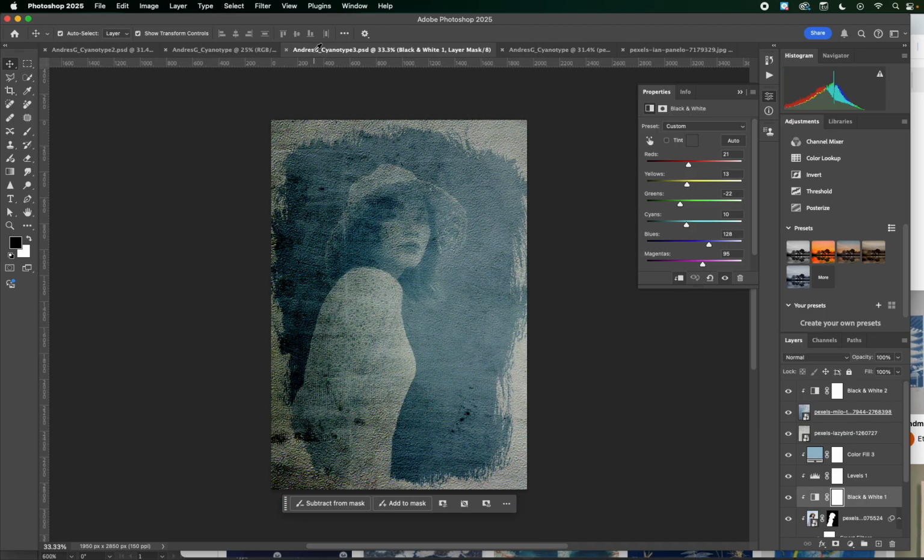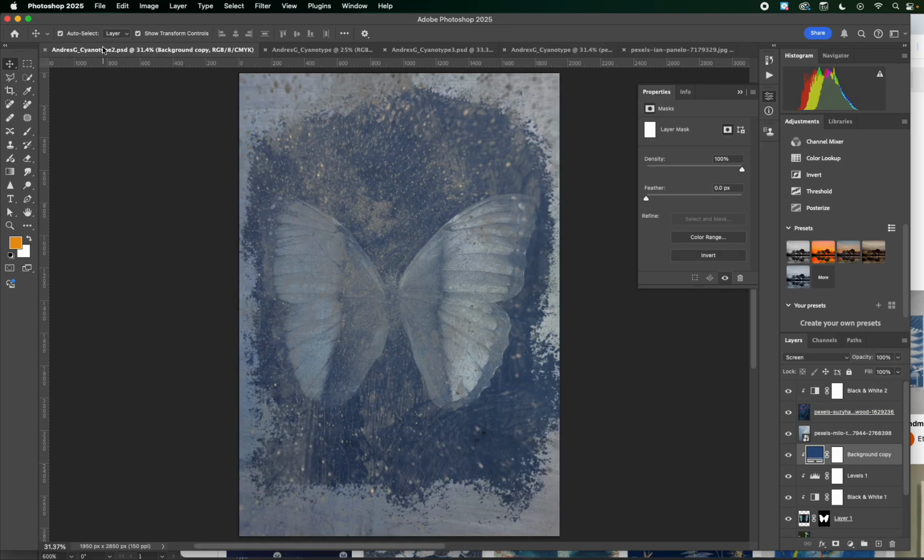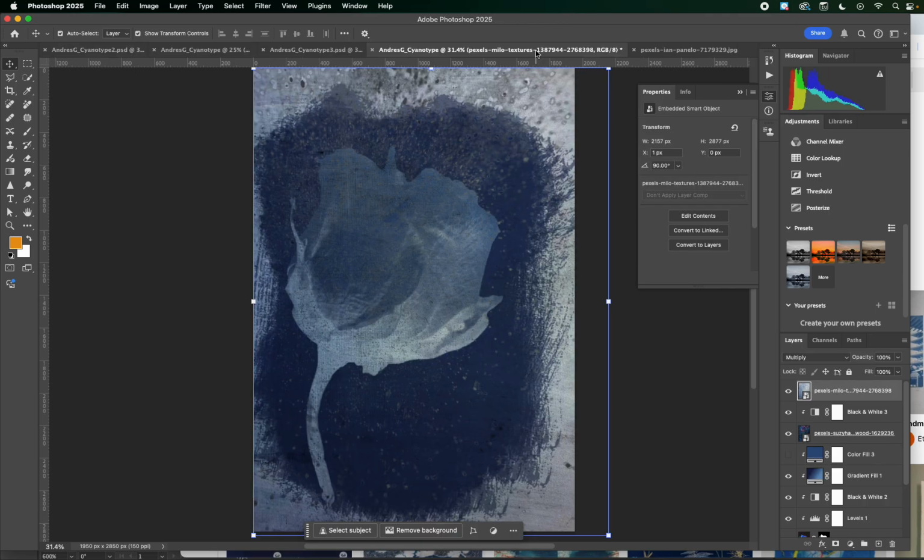Now, you can see I did some with people. I did some here with fruit. This one here with a butterfly. Usually this is done by hand, but obviously in Photoshop, it's not by hand, but I'm gonna walk you through those steps. All right, first thing we're gonna do, you're gonna go up in Photoshop,